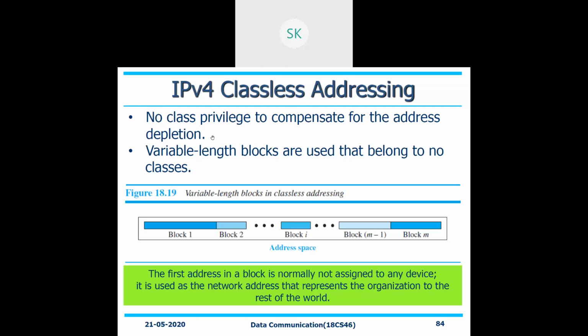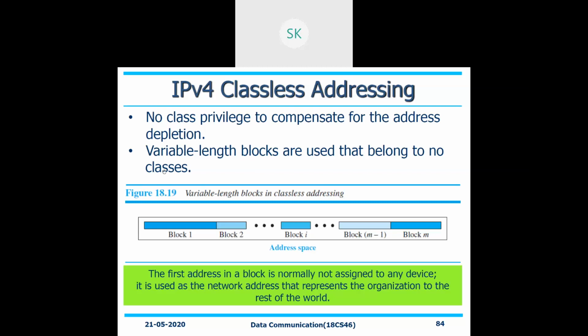So just to avoid it, we'll be moving into the classless addressing. Here the variable length blocks are used that belong to no classes. That means no classification is available. We were using the classful addressing because it was used in the 1960s to 1980s, when it was very popular, and till today many organizations are using classful addressing. If they want very limited addresses, at that time it is okay. Instead of that, you go for dynamically allocating the addresses. In that, the block whatever you choose will be of variable length. It is not of the same particular type itself.